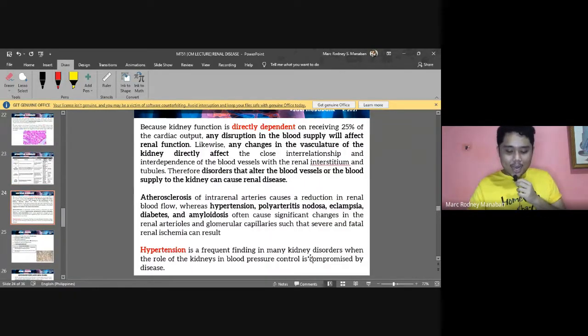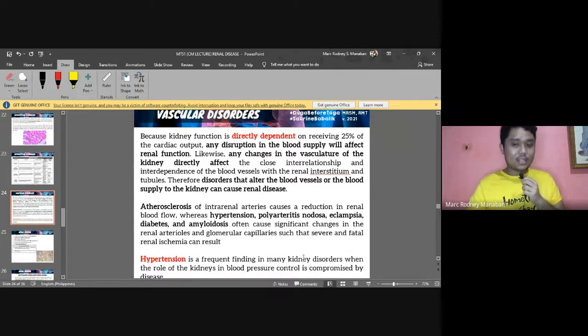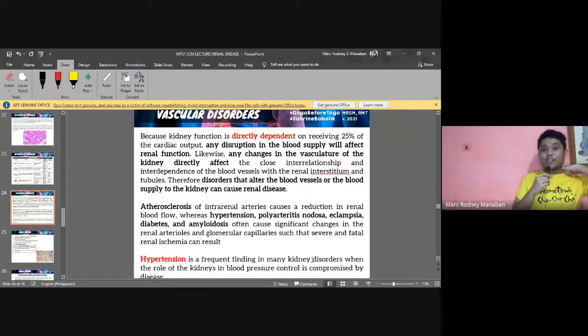Now, for the last type of these disorders, again, you can use a Brunzel. It is not in the notes I sent, but again, I will post it. It is talking more about the changes in the blood vessels of the kidneys. Because again, we mentioned that for kidneys to produce urine, blood must be supplied to the kidneys for urine to be formed. The kidneys cannot filter without blood flow. So if there are changes in blood flow because of vascular abnormalities, changes in the vasculature of the kidney, then it can also cause changes or damage to your kidneys.